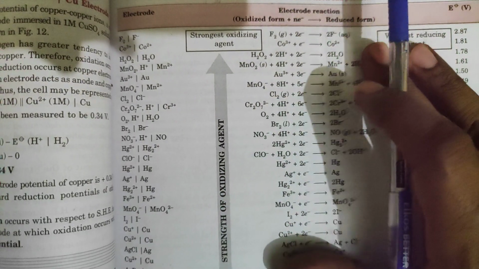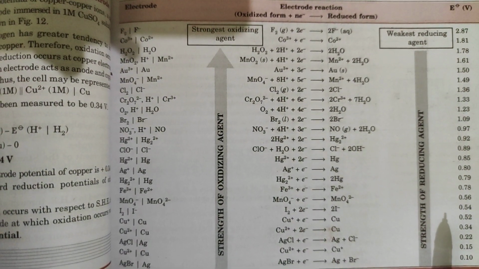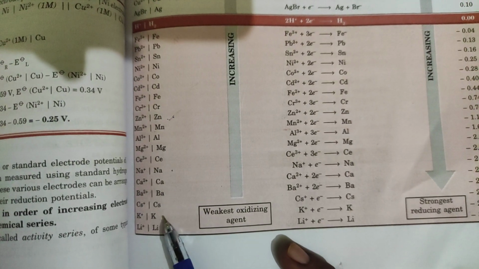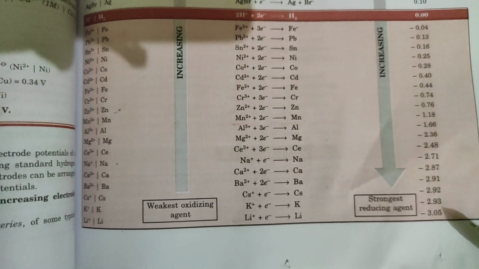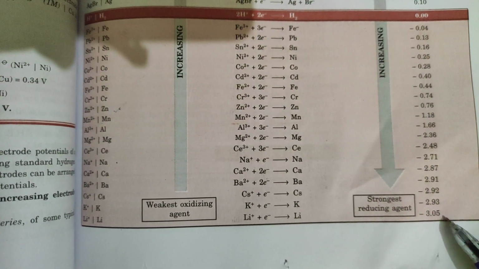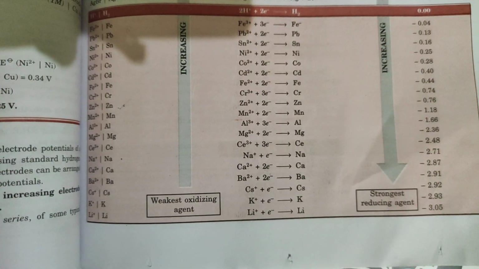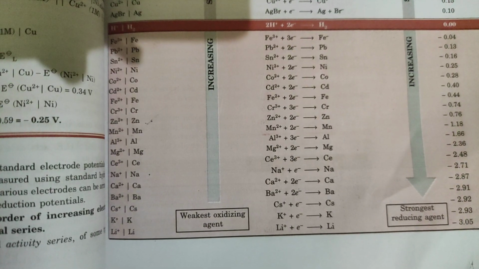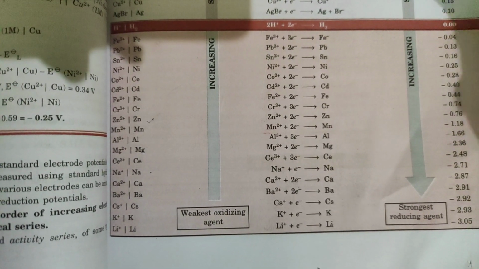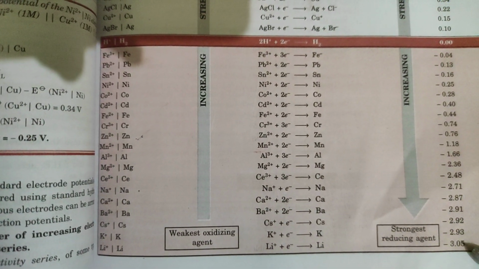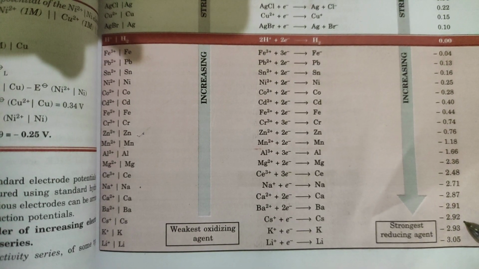You should remember these things. Take snapshots of these if possible and write them in your notes. Here in this one it is in the reverse order, right? So this one will easily undergo oxidation and this one will easily undergo reduction, because among these two values, this one is higher in reduction. So this one will undergo reduction and this one will undergo oxidation. Once again, look over this one. If possible, take a snapshot and write in your notes. You can write it in top to bottom order, or in the same way it has been represented. Here the below one will undergo oxidation and the upper one will undergo reduction.